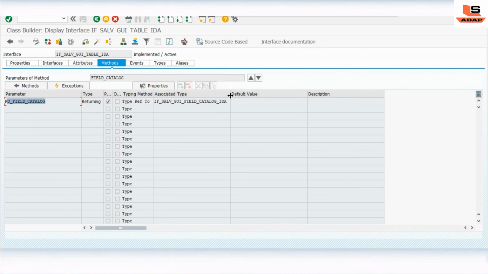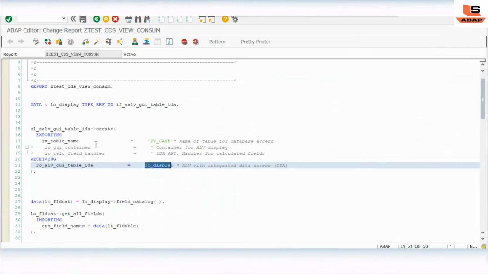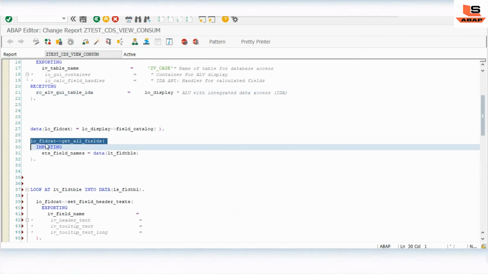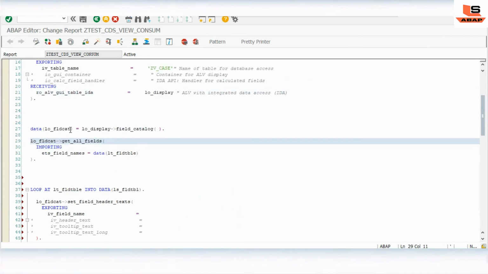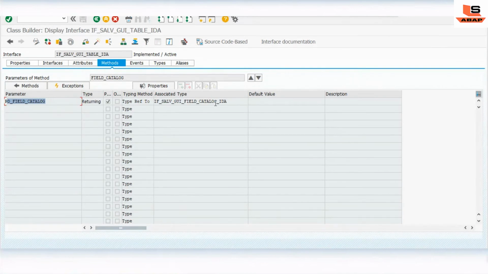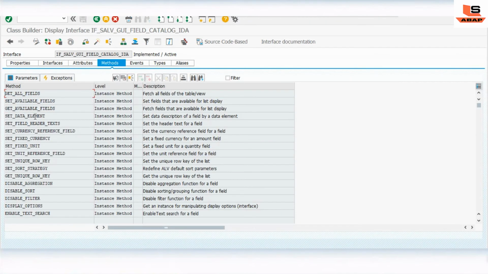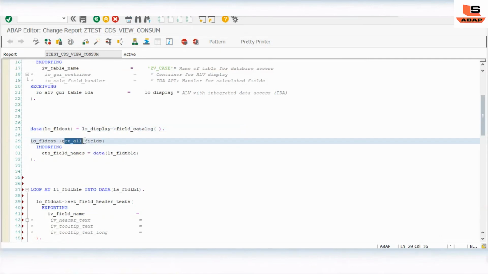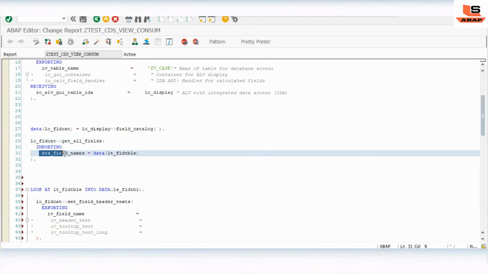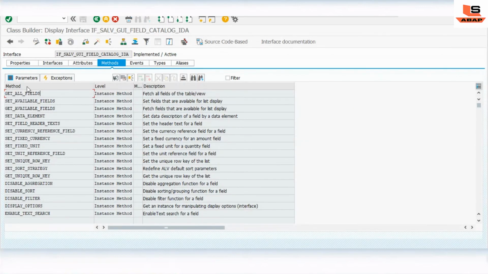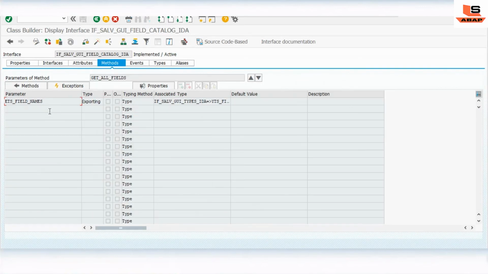So as you can see this field catalog, right. So now we are in this part. So basically the type of this is this, right. So I will double click on this. As you can see here, what we have called get field data, right. Here we are importing this field name, field table name. So for this click on this and click on the parameter. For this we have this associate type, correct, this type.